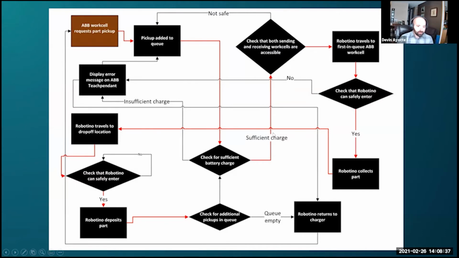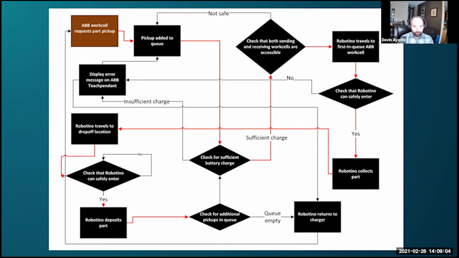First, the ABB robot signals to the Robotino that a part is on the conveyor and ready for pickup. And if we follow the red arrow to the right, this pickup is added to a queue. The Robotino then verifies that it has sufficient charge to execute the movement and then checks that the sending and receiving work cells are ready for it to safely enter. It travels to the first work cell, checks once more that it is safe to enter and then collects the part, and then travels to the second work cell, checks once more that it is safe to enter and deposits